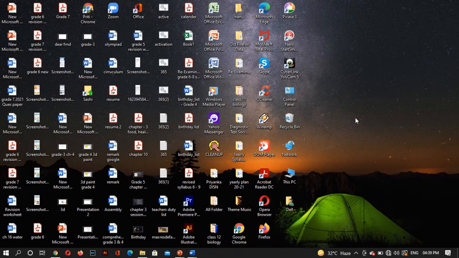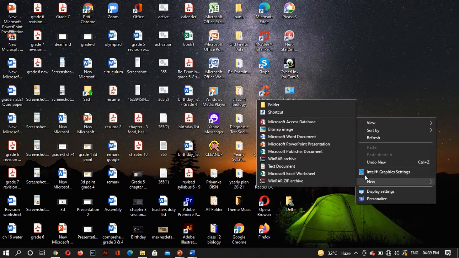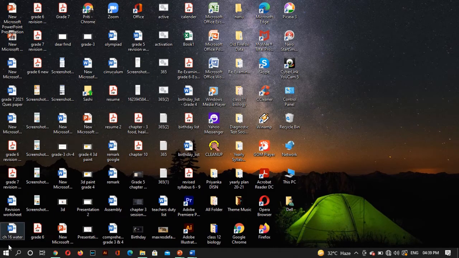First you get to know how to start Word. You can just right click here and see that there is a New button, Microsoft Word Document, okay? Or you can see that there is a start button, and beside that there is a search button.